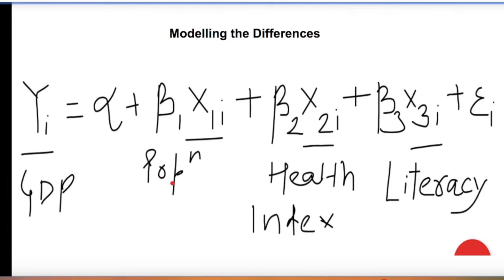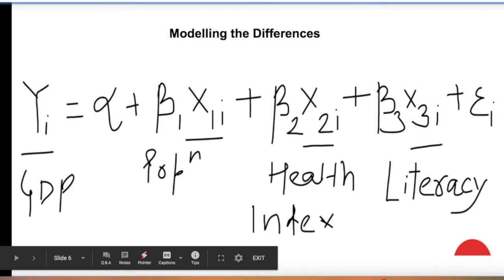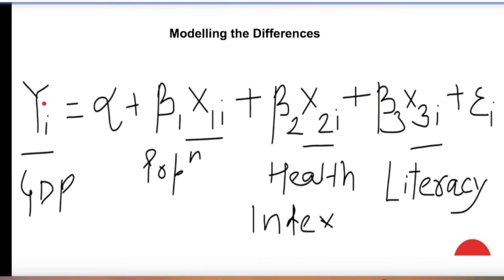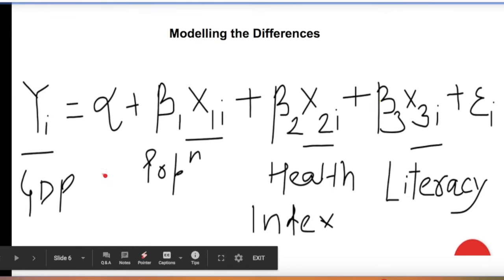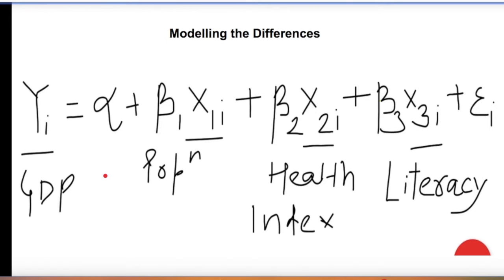I'm sure you would have seen this kind of a basic econometric model in your econometrics course, where we consider the y variable, which is the dependent variable, to be the GDP. For now, we are believing that GDP is a representation of growth for these two economies. So if GDP for one economy is greater than the GDP for the other, then we assume that the one with a higher GDP is more developed than the one with a lesser GDP level.